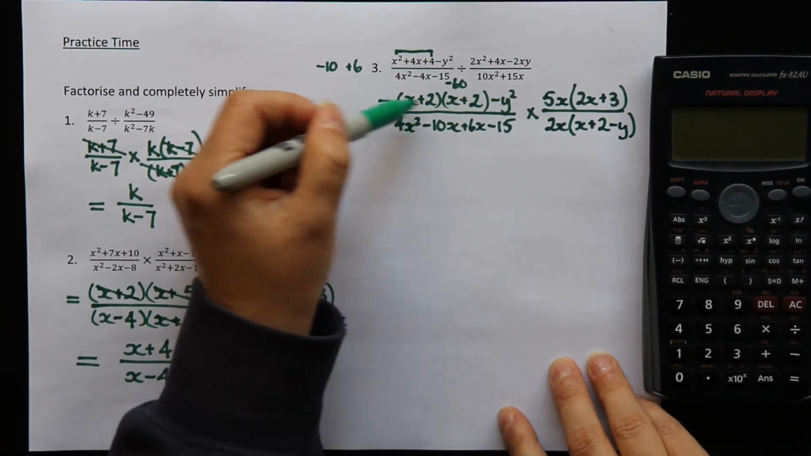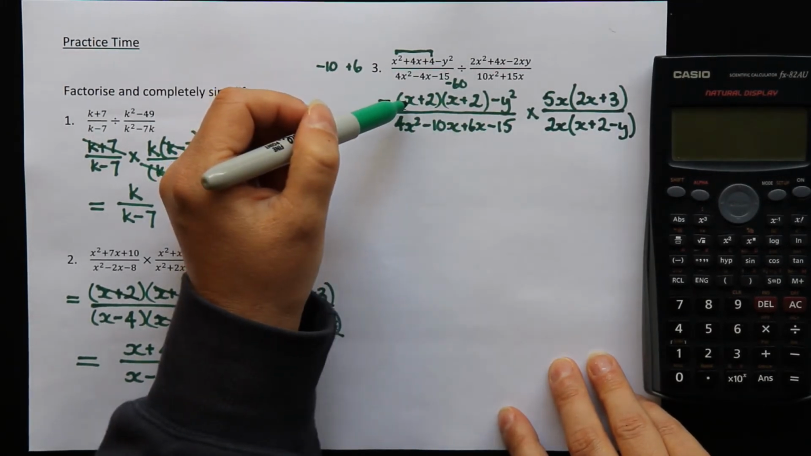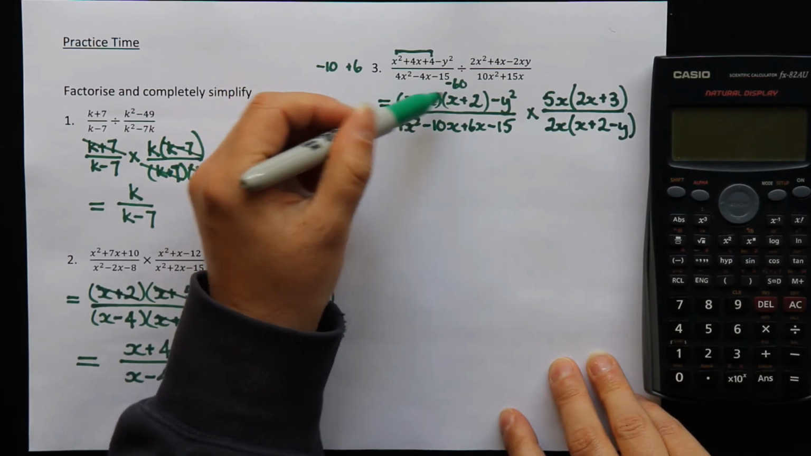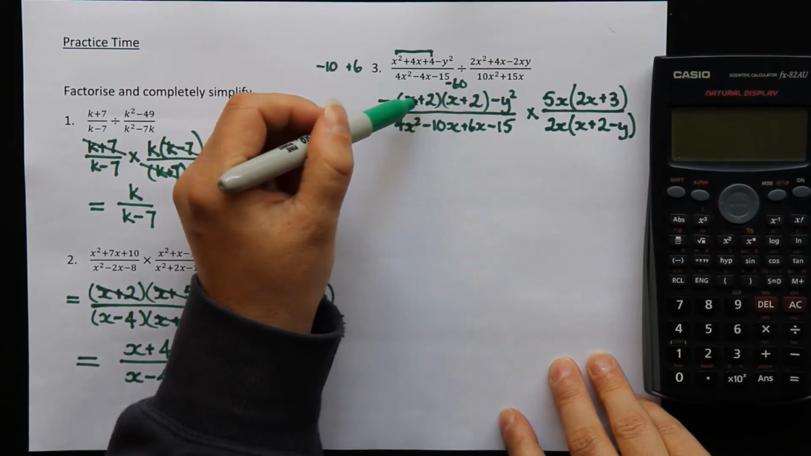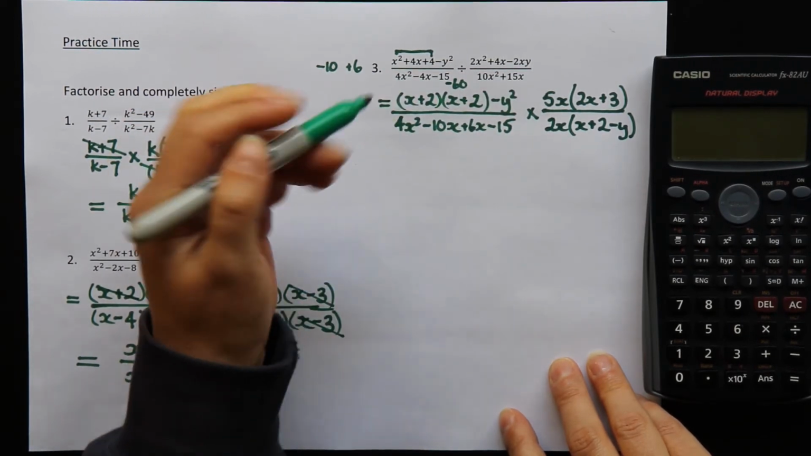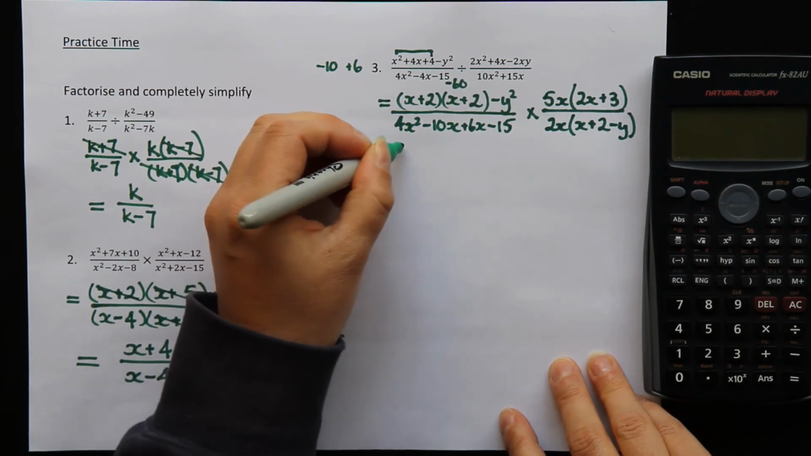Alright, let's get back to this one. This is actually a difference of 2 squares. A really nasty one, but it is a difference of 2 squares. X plus 2, because they're times together like that, that's actually x plus 2 all squared. So that's squared minus something else squared. So that can factorise into